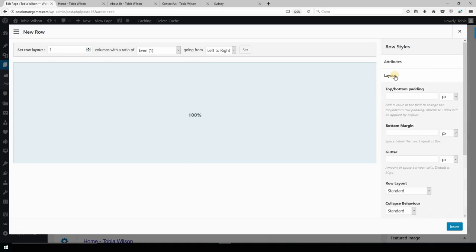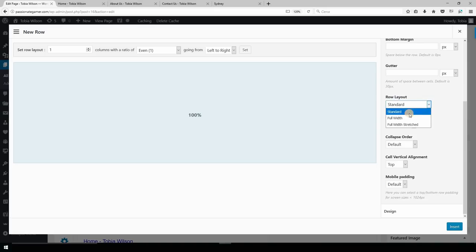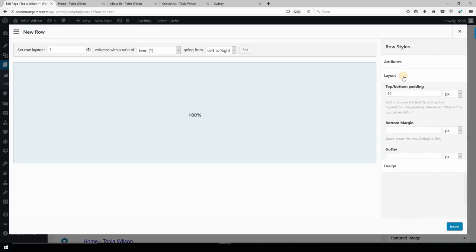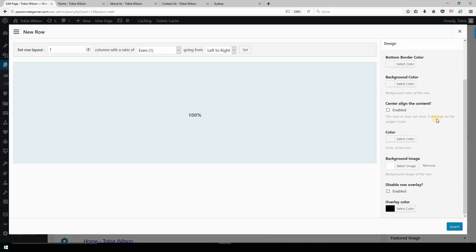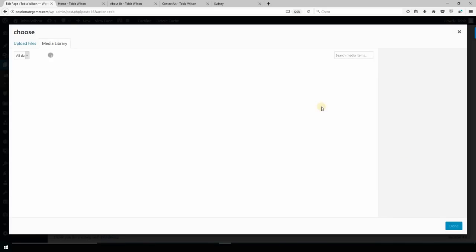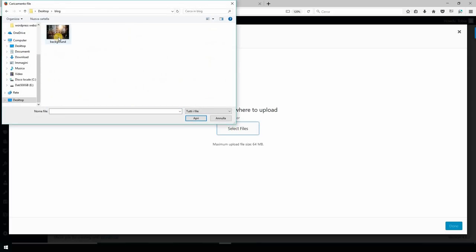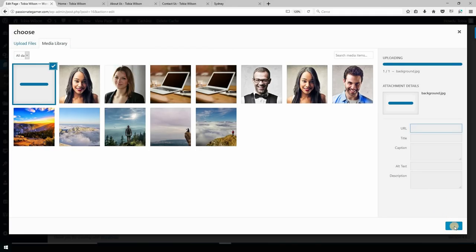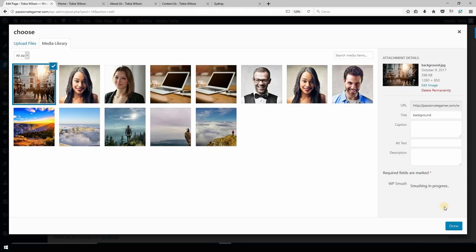And the layout, we want a top-bottom padding of 50 pixels, and the row layout as full width. Then we want to close layout, and in design I would choose a background image if you want. So let me upload the picture. Awesome. Click on done